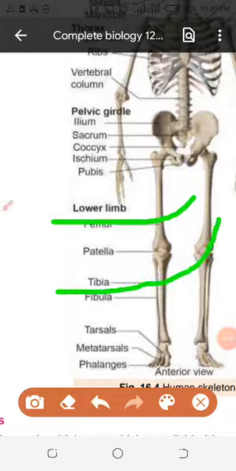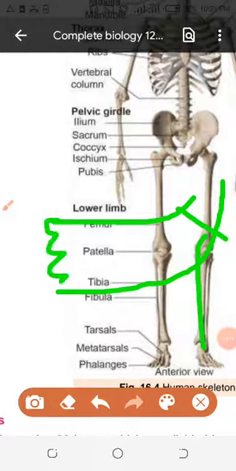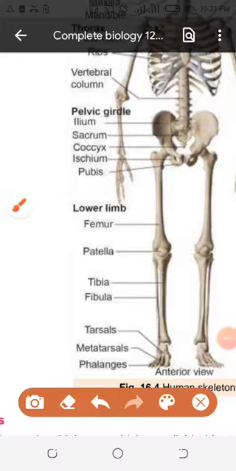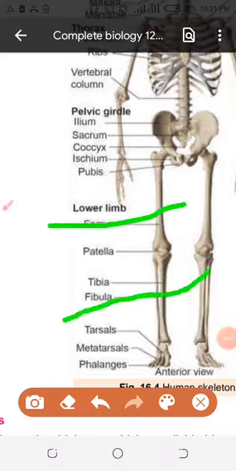So this is the feet, and there is the joint, and this joint is the carpal, and then the phalanges. These are the phalanges, and this is the cavity, the palm of your feet, the surface area of your feet which is visible to you. That is the metatarsal. So tarsal, many tarsals, many bones present here, just like the carpals I told you, many bones, and they are joined with each other.